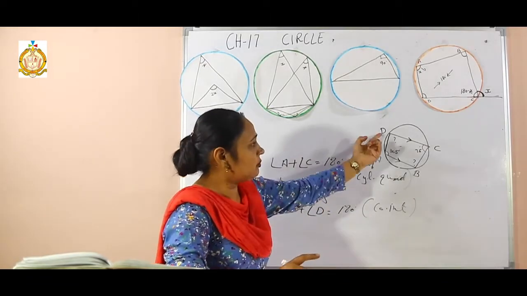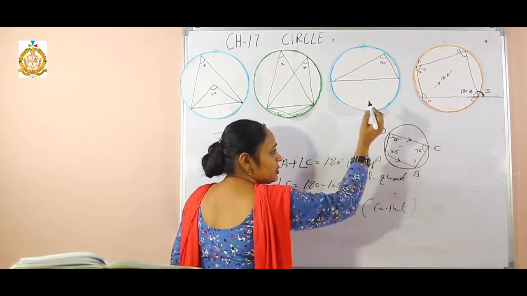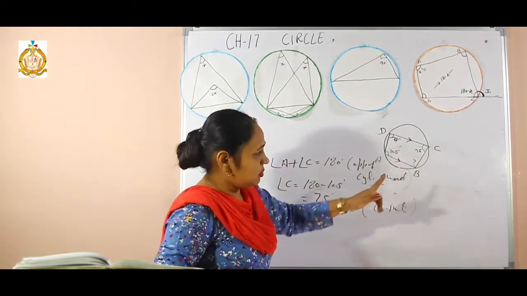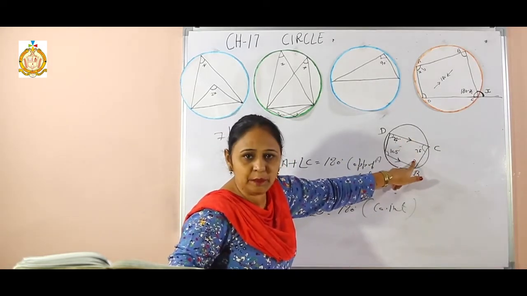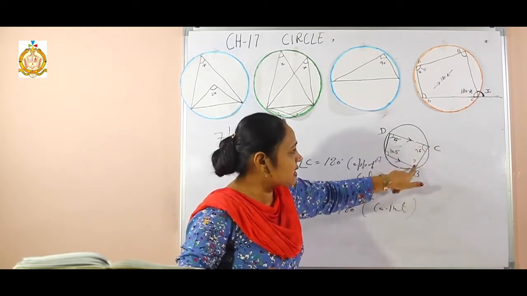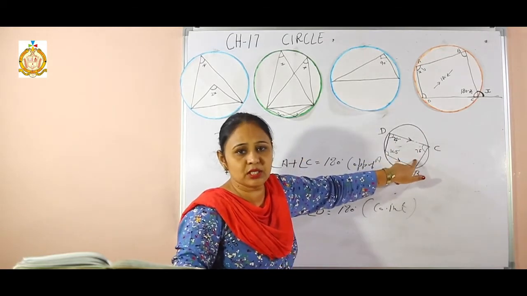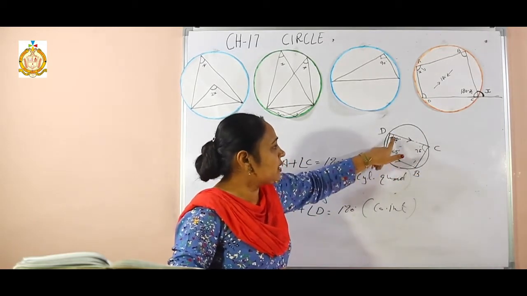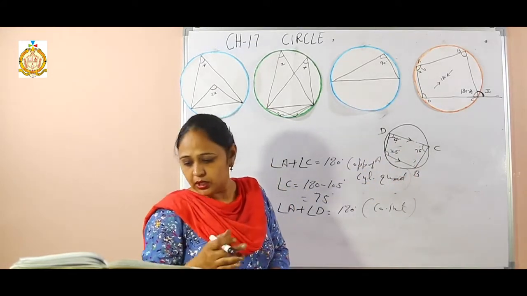Then again this becomes 180 minus 105. That means this will also be 75. Now this angle we have to find. What to do? We can use the cyclic property or we can use the parallel line. We can use any property. Answer will be the same. If I use this property, sum 180, it becomes 105. If I use this property, that means also will be 105. Answer will be the same. Clear? Now come on to the next sum.